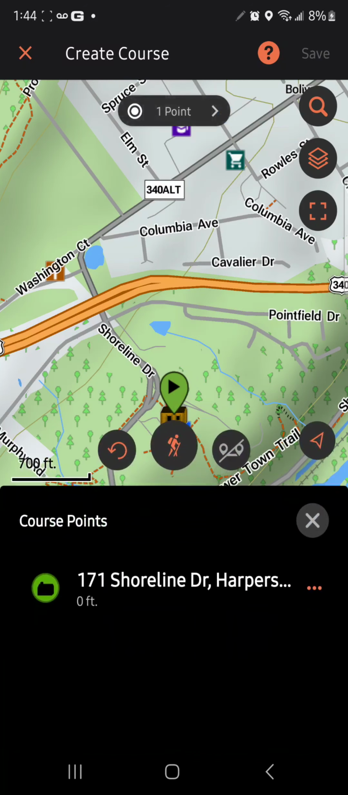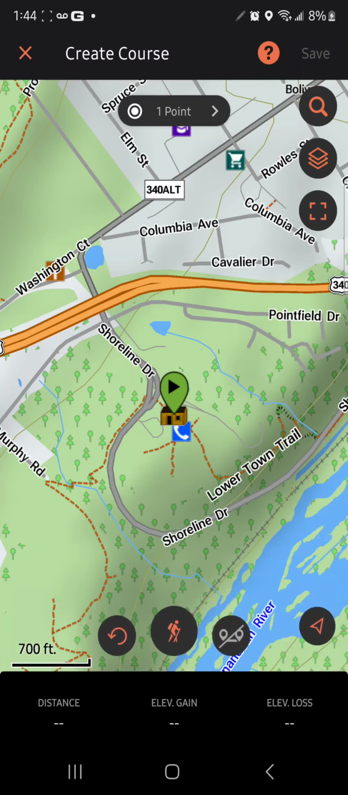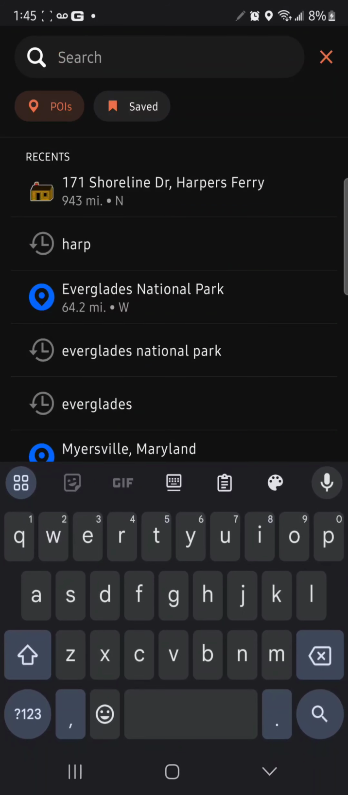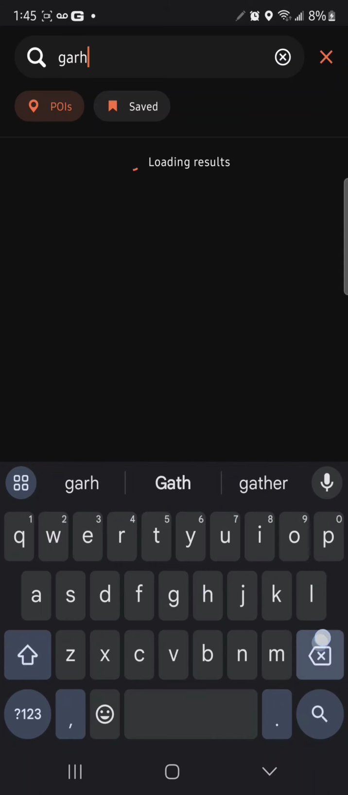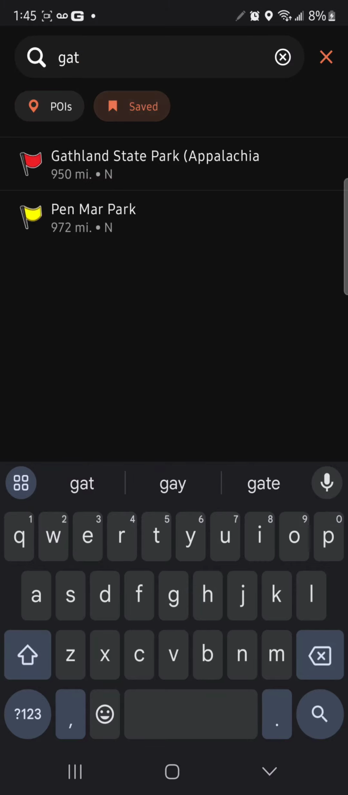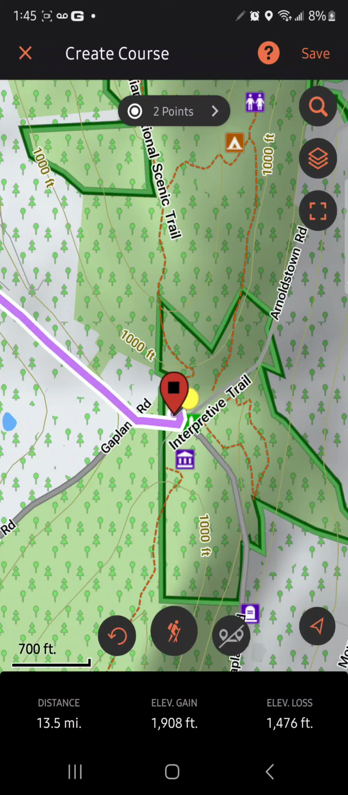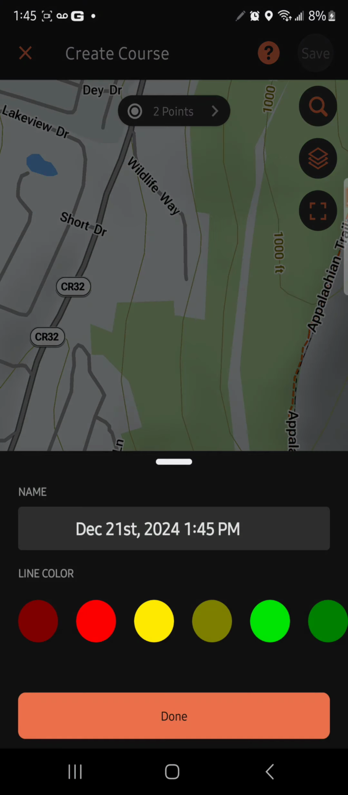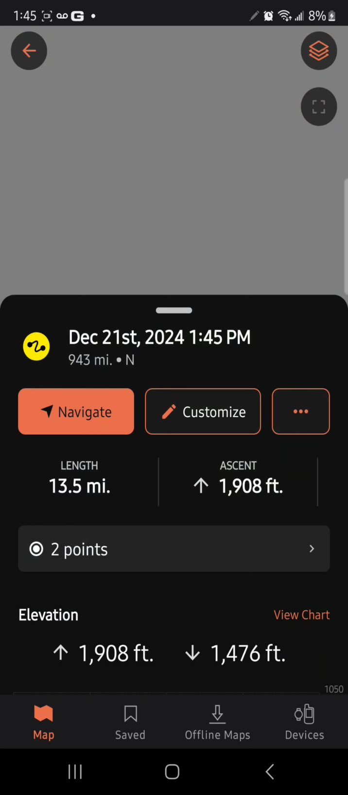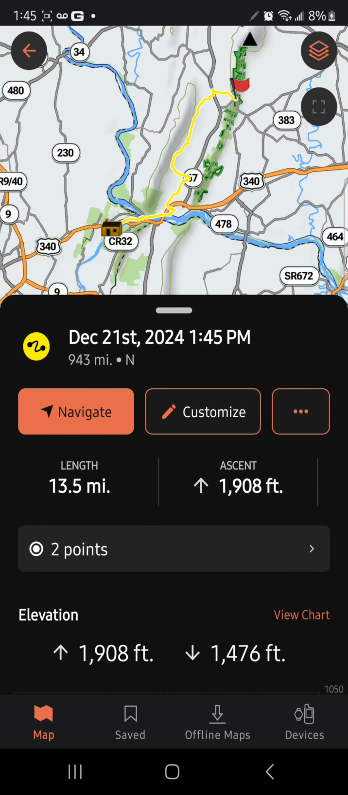Okay. And now I'm going to search and Gathland State Park is going to be my next place. Okay, I'm going to save that. Make it yellow. So you can see between